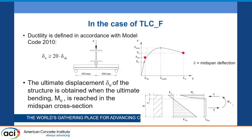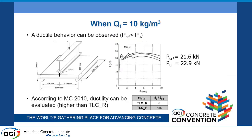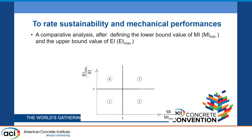considering the distribution of the state of stress in the FRC like a plastic constant distribution at this value of the strength. So, in the slabs, if we had 10 kilograms of fibers, we can obtain a situation in which the cracking load is equal to the ultimate load, like in this case, and according to